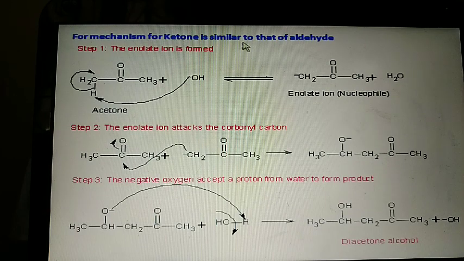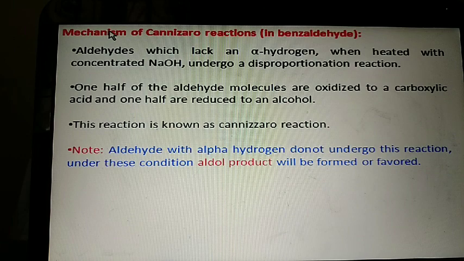So the mechanism for ketone is similar to that of aldehyde. The OH will go and attack this proton and this becomes a nucleophile, and this nucleophile will go to this carbonyl functional group, and it becomes O minus, and the O minus will abstract this proton. This becomes diacetone alcohol. The mechanism of Cannizzaro reaction in benzaldehyde: the aldehydes which lack alpha hydrogen, when heated